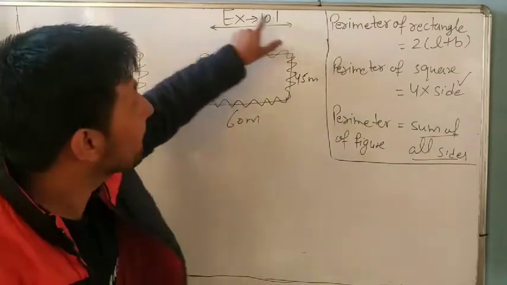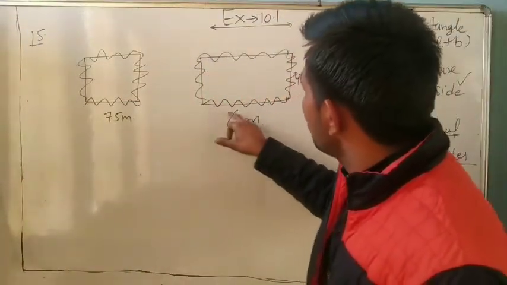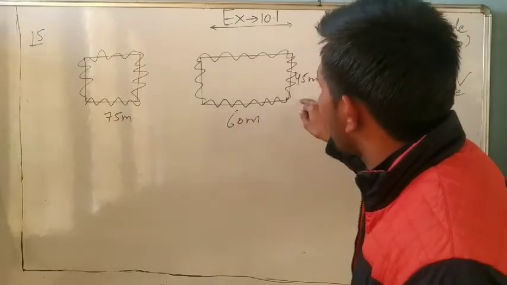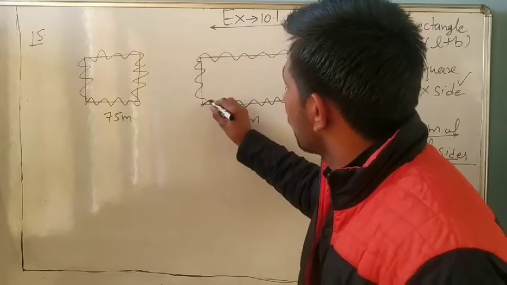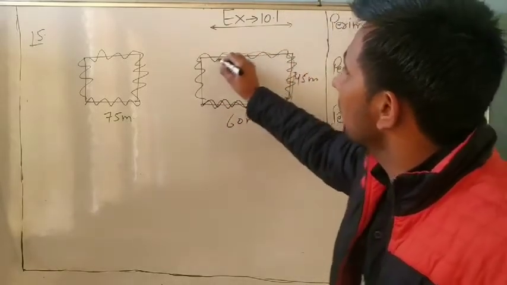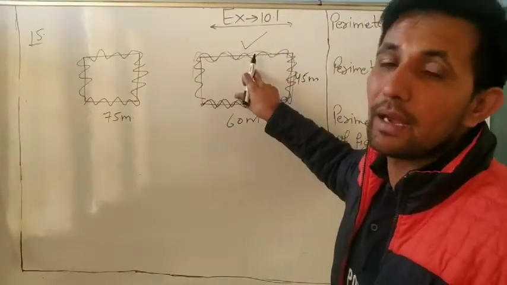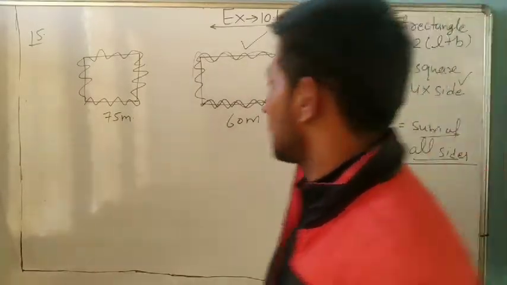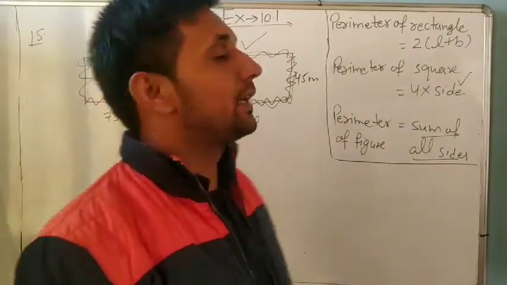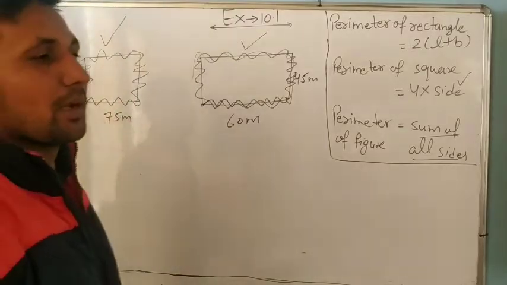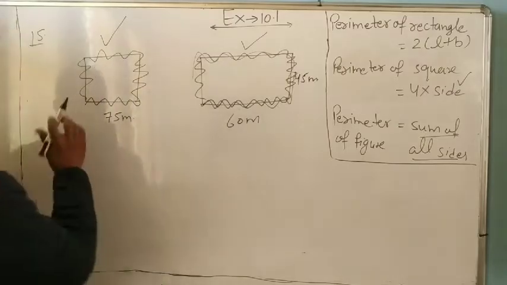We are using perimeter. So tell me, where is Bulbul running? The perimeter of the rectangle. So we will find the perimeter of the rectangle, which is the total length covered by Sweetie. Understand? And we will find the perimeter of a square. It is the total distance covered by Sweetie, and this is the distance covered by Bulbul. Understand? So we will write like this.